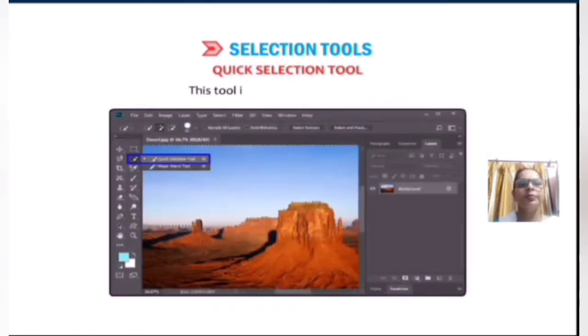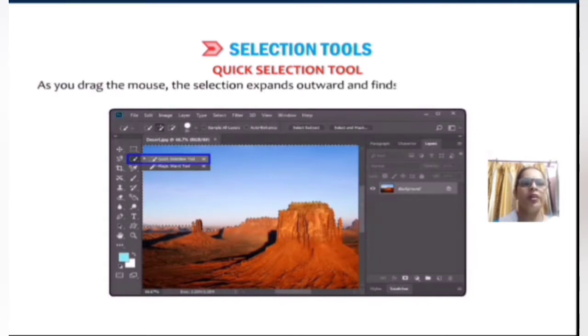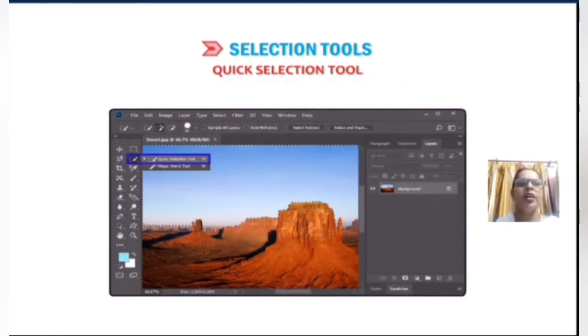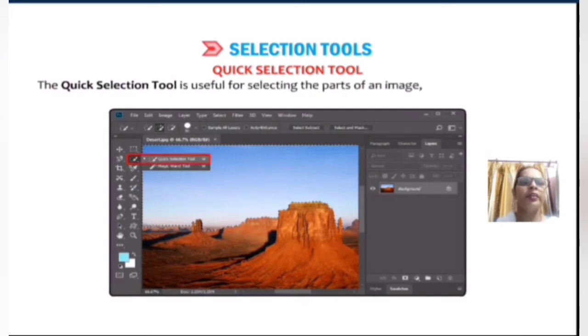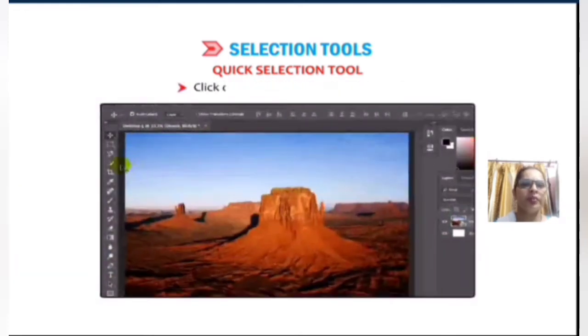Observe from there. Quick selection tool. This tool is used for quick selection. As you drag the mouse, the selection expands outward and automatically follows the defined edges of the image. The quick selection tool is useful for selecting parts of an image which require great precision.